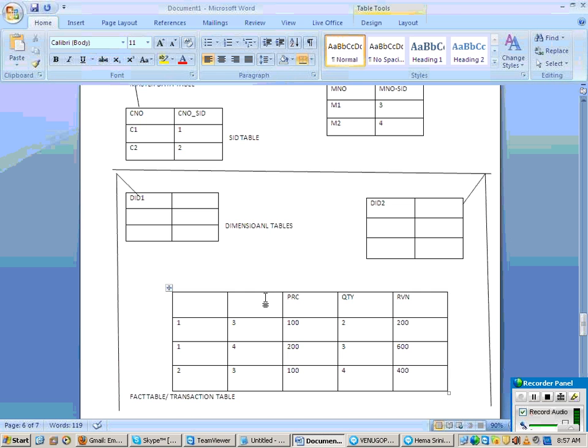Now how many dimensions did I say I want? 2 dimensions. How does your fact table look now? The fact table will take as many dimension IDs as the number of dimensions you specified. 2 dimensions means 2 dimension IDs. Suppose you said you want 3 dimensions. Then inside the cube there will be 3 dimension tables and the fact table will have 3 dimension IDs.